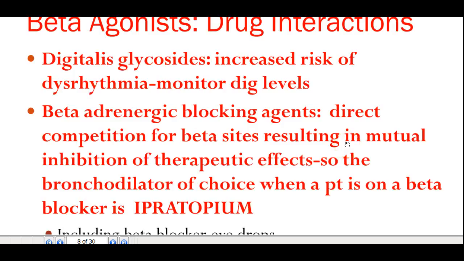Okay, so we just go into more of the drug interactions. Digoxin causes an increased risk of dysrhythmia, and that's because the albuterol and the digoxin are fighting for that receptor site. Somebody's going to lose, and you're not going to have the drug. Beta-adrenergic blocking agents, direct competition for beta sites, resulting in mutual inhibition of therapeutic effects. So that's your answer to that. This was a board question, by the way. So the bronchodilator of choice when a patient is on a beta blocker is